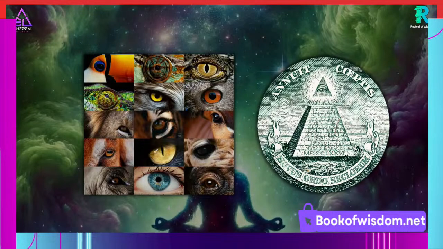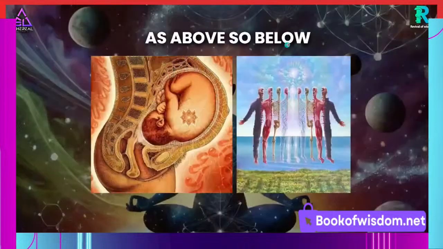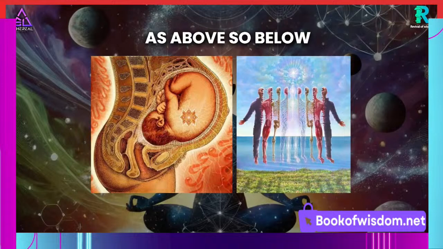The organs in your body, the cells in your body are all alive. They all possess the same consciousness, universal consciousness. However, we are all on a different journey of evolution. As above, so below. As the baby is in the mother's womb, when the baby becomes conscious there is a world outside of its mother, what does it do? It presses and seeks a way out to be born in the other world outside of its mother.